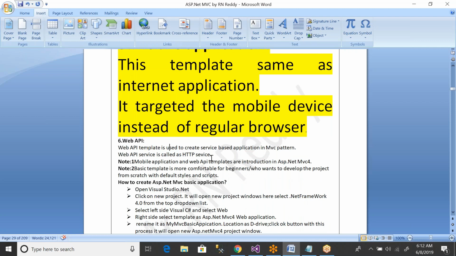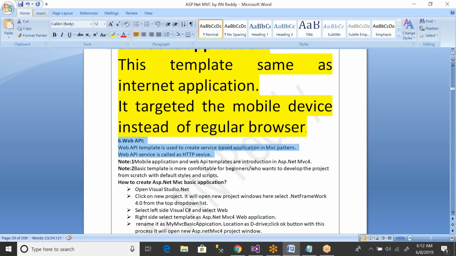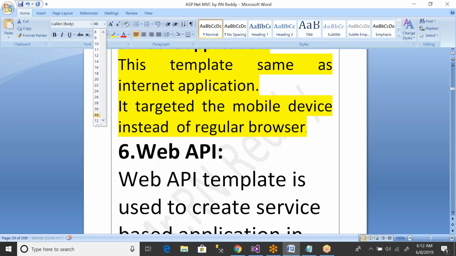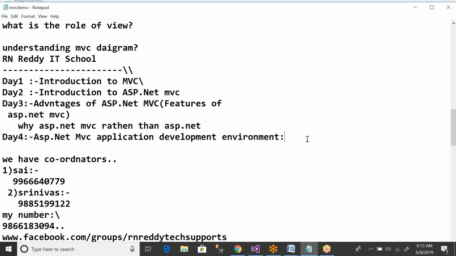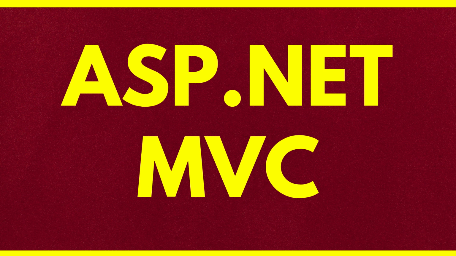Web API is nothing but ASP.NET Web Service Technology. ASP.NET Web API is a .NET Web Service Technology. Means .NET will support, listen here, .NET will support